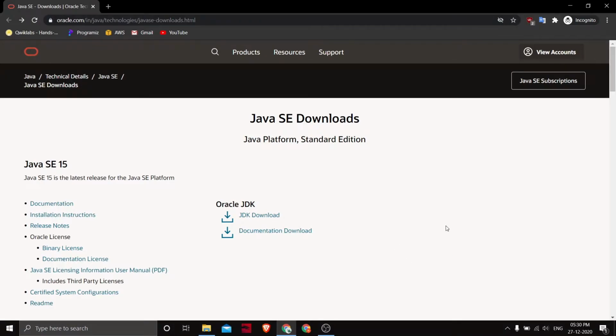Hello guys, today we're going to install Java on your Windows 10 machine. Before we get started, it would be great if we check whether Java is already installed or not. So to check that, open CMD,